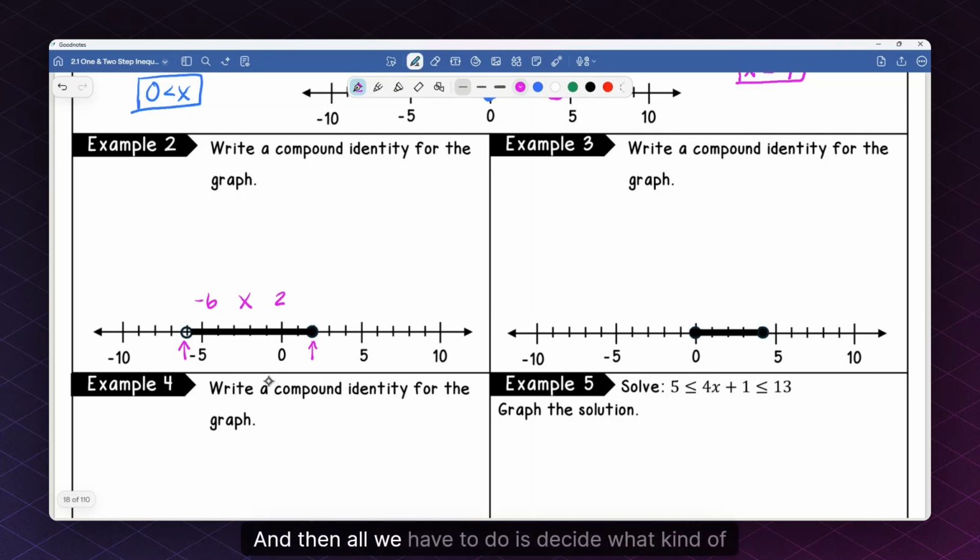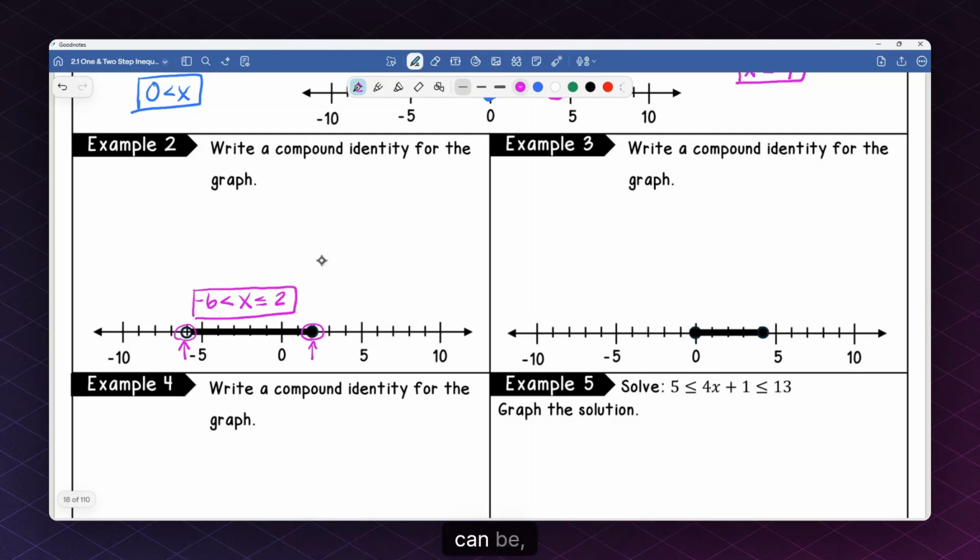And then all we have to do is decide what kind of inequality works with an open circle. So for the x to be shaded here, it's going to be this symbol. And we're not going to have the equal bar because that's not filled in. This one is filled in, and so we can put that. So what this inequality here is saying is that your answer can be